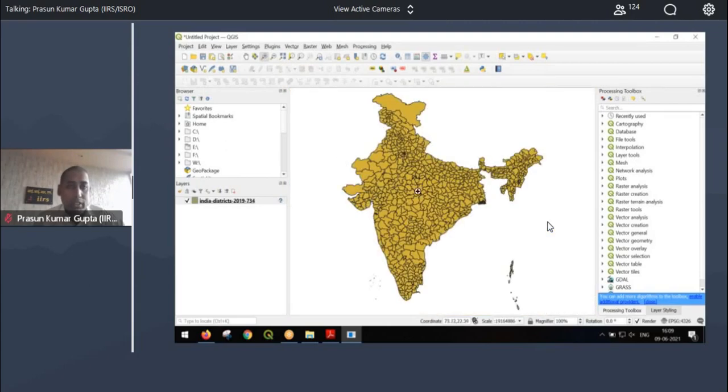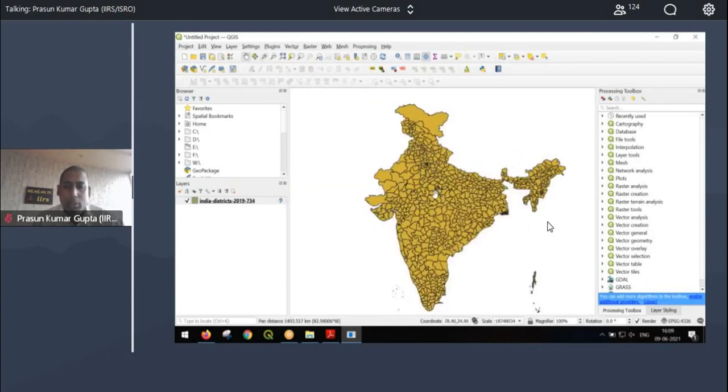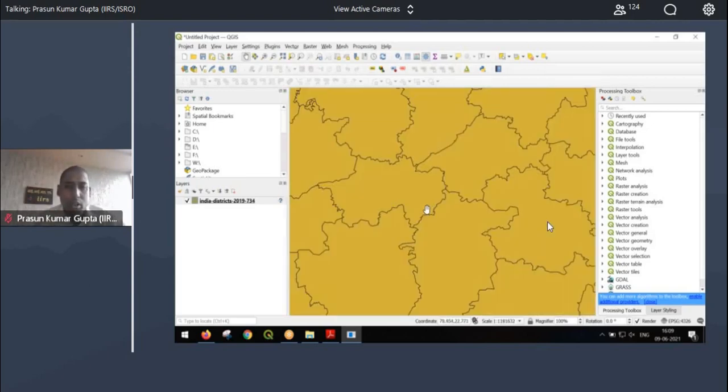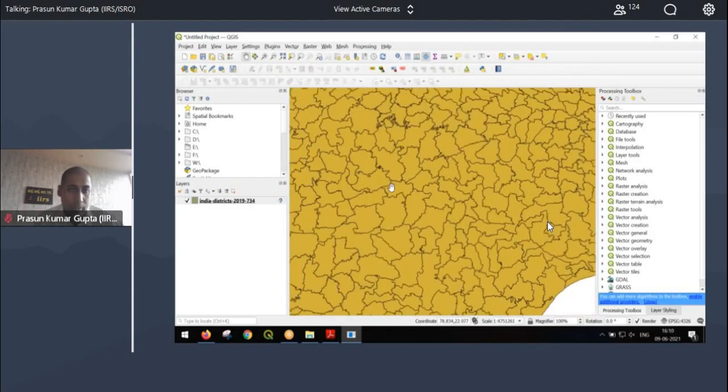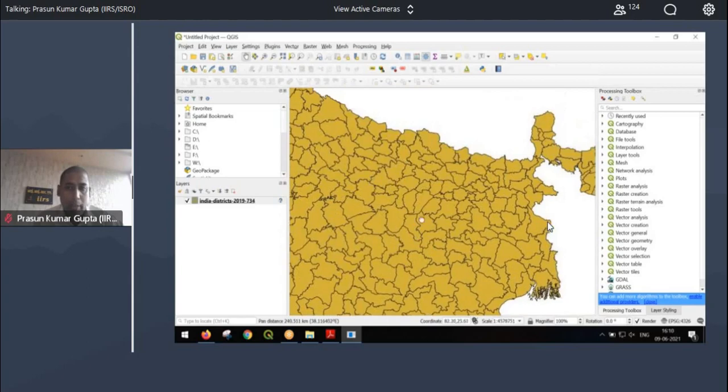You can use your hand to pan. You can also use your mouse scroll wheel to zoom in and out, like I am trying to do here, and then your hand to pan.